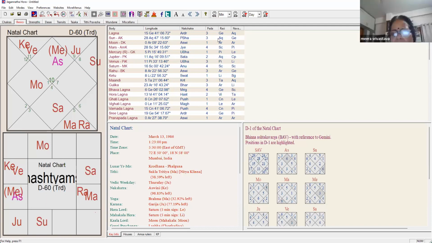Which degree? हमने D60 के लिए नहीं बताया था, हमने तो D1 के लिए बताया. यहाँ पे भी तो सर हर एक घर जो है वो 30 डिग्रीज का ही होगा. Oh, I can understand your point, sir. Aspect is not used here. Aspect तो सर किसी भी divisional chart में यूज नहीं होता ना. सर D9 में भी नहीं होता, नवमांश में भी नहीं होता aspect use.